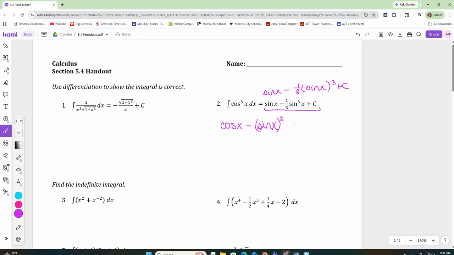The derivative of sine is cosine. Plus, what's the derivative of a constant? 0. If we look, two terms, they both have a cosine. So if you take it out, this is like one of those trig identities we used to do. That leaves you with cosine times 1 minus sine squared. What is 1 minus sine squared? Cosine squared, so you have cosine